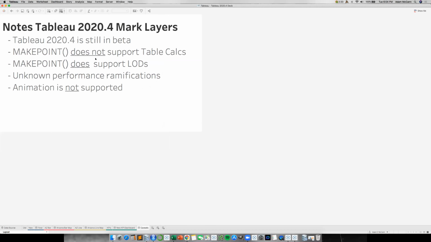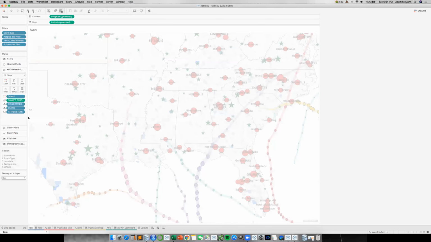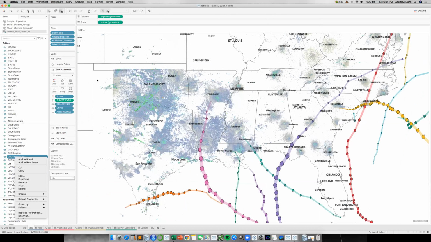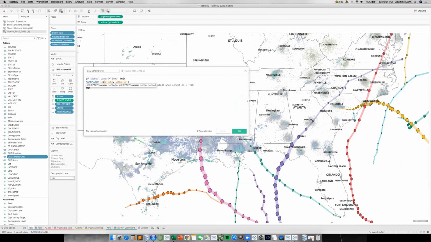And just one thing on caveats, still in beta. And what you're using to render all these points, sorry, I skipped over that, is a feature called Make Points. So when I added my school and university, I used a calculated field called Make Points, which borrows my latitude and longitude from the school and university.